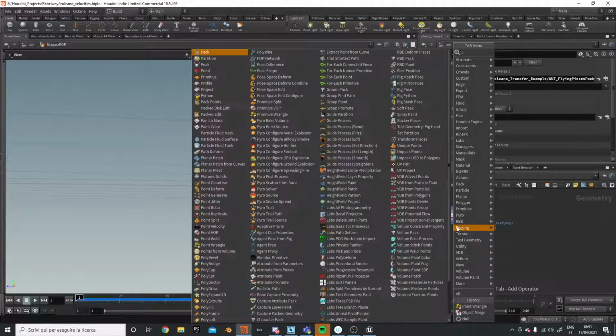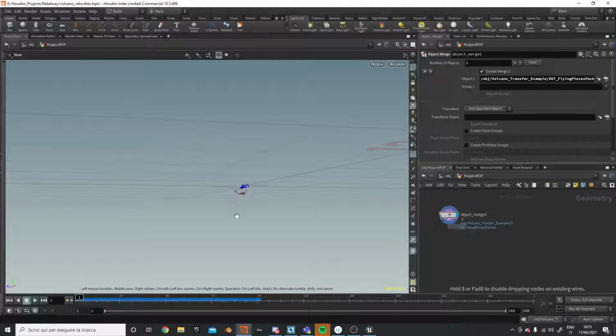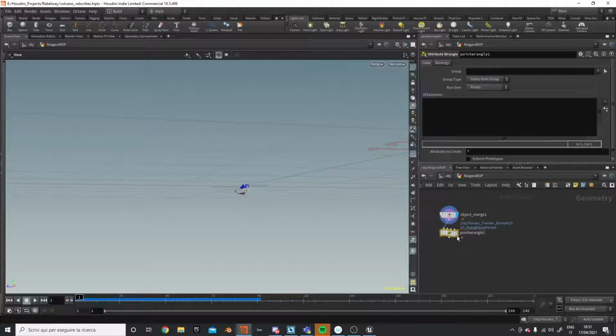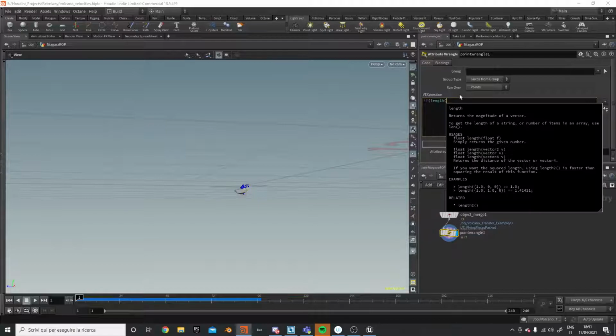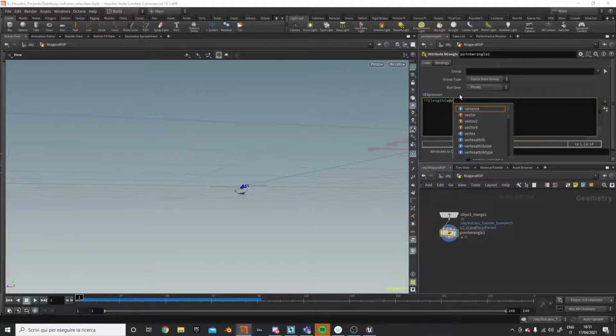I will just drop down a point wrangle. I don't want all the pieces, and maybe I can say if the length of v@v is less than